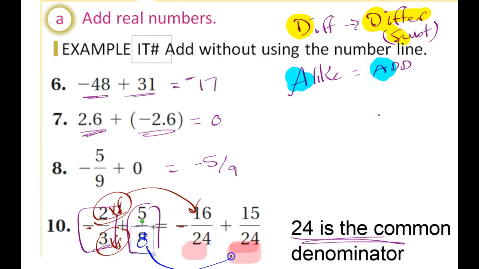8 times what number gives you the 24? So you're going to multiply by 3. And if you do that to the denominator, you have to do that to the numerator. And 5 times 3 is 15. So then we've got a